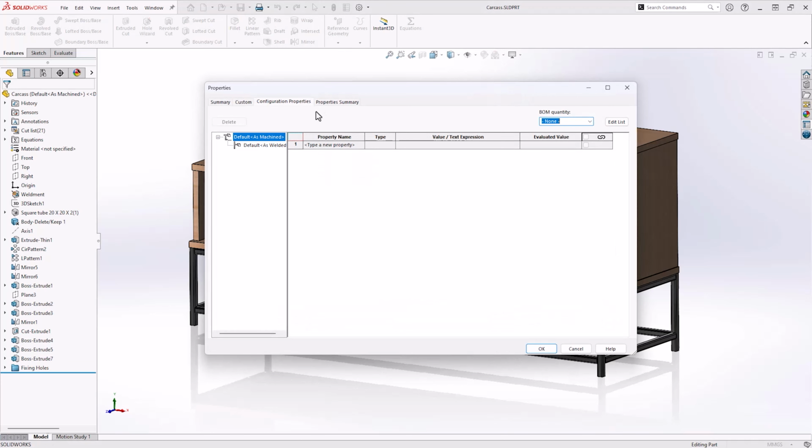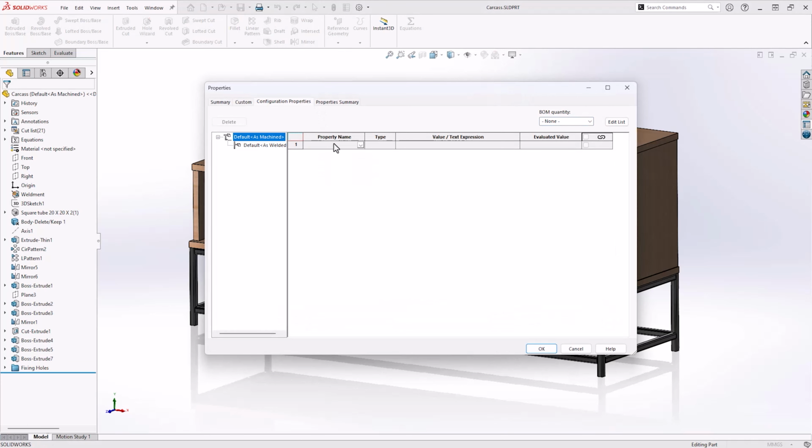A more advanced way that you can use custom properties is to link them to sketch text in a part. By using configuration-specific properties, this will allow us to create variations of a similar part, but with different sketch text between configurations. To set this up, start by creating a new configuration-specific property, such as config number, by using the Configuration Properties tab. Then, create a new sketch on the part and draw some construction geometry to position the sketch text. Select Sketch Text, and then Link to Property, where we can choose the property name.